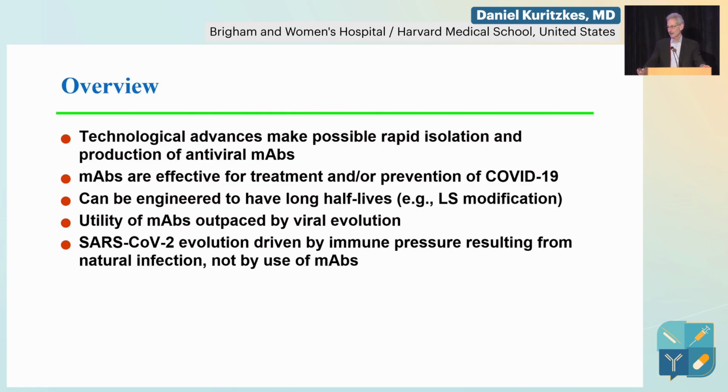the rapid isolation and production of antiviral monoclonals, how these monoclonals were shown to be effective for treatment and prevention of COVID-19 and could be engineered, as we've already heard in earlier sessions, to have long half-lives, for example, by the LS modification in the Fc domain of the antibody, but how the utility of these mAbs has been outpaced by viral evolution. And it's important to keep in mind in this context that SARS-CoV-2 evolution has not been driven